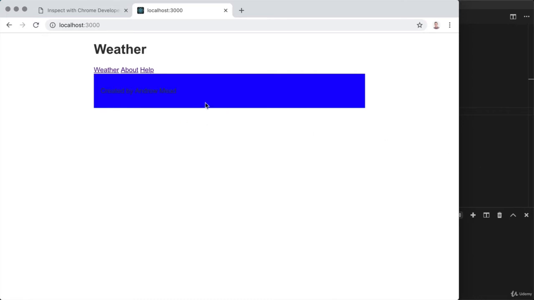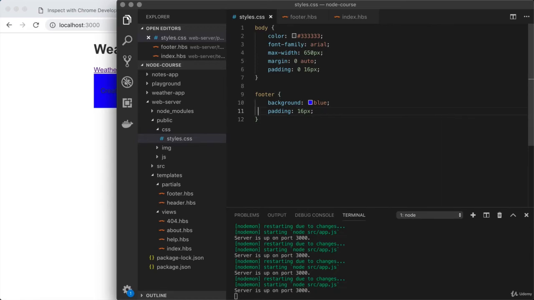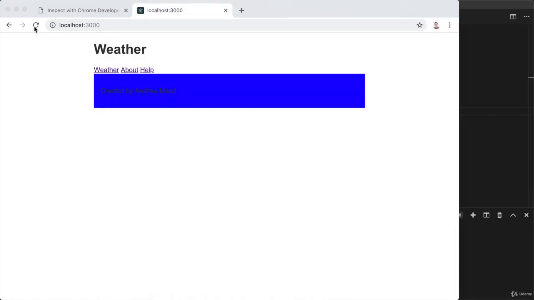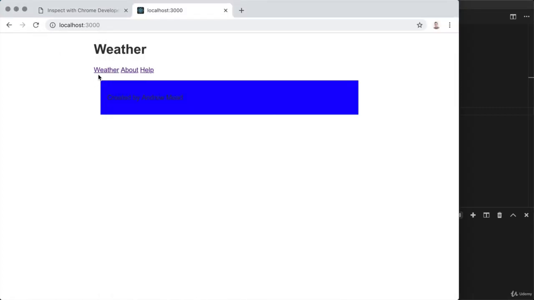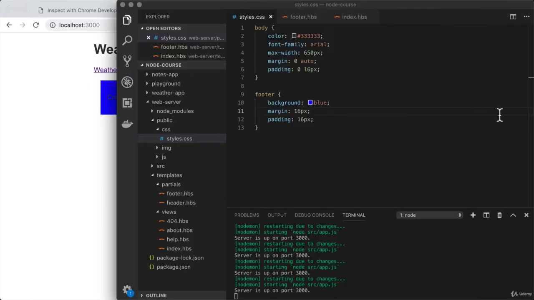Now the margin is going to put space between the things outside of the box and the box itself. That would allow us to put some space between this blue box and the header links above. So right here, let's explore that. That's going to be margin, and I will set the value equal to something like 16 pixels. I'm then going to save the style sheet, and now I can see we have space outside of the box on all sides. So that's the difference between margin and padding, and we'll end up using both throughout this course, and we're actually going to use both